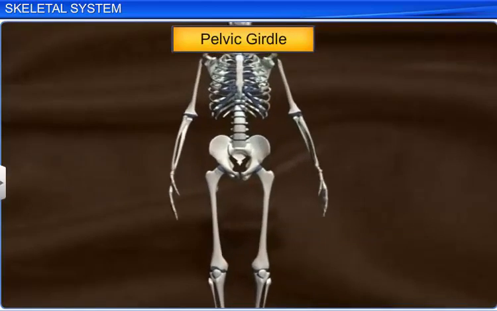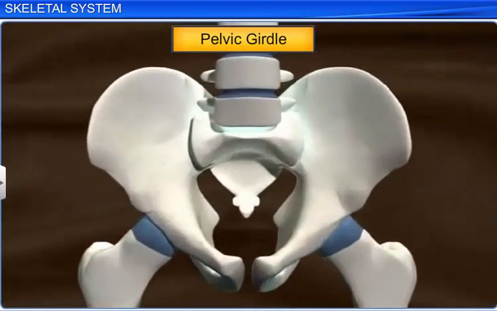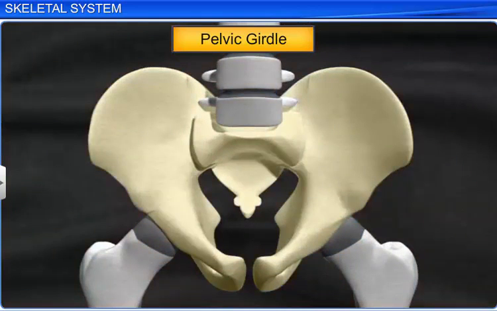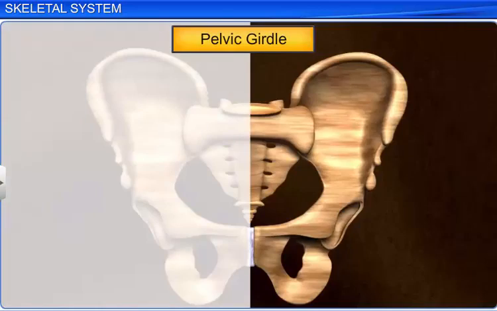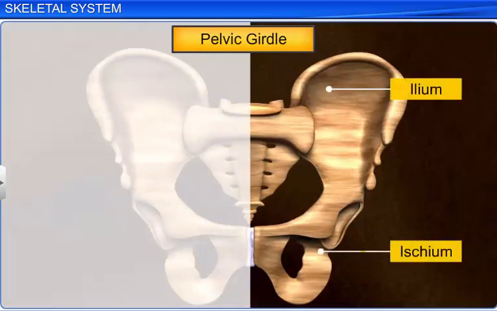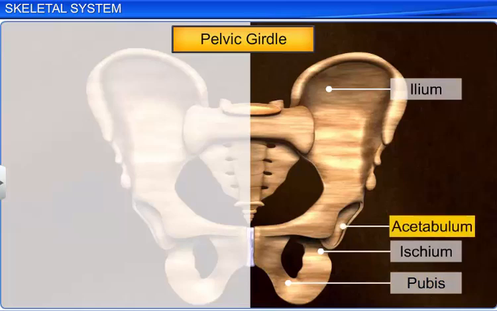The other girdle is the pelvic girdle, which consists of 2 coxal or hip bones. Each coxal bone consists of 3 bones, the ilium, ischium, and pubis. These bones fuse to form a cavity called the acetabulum, into which fits the head of the femur or thigh